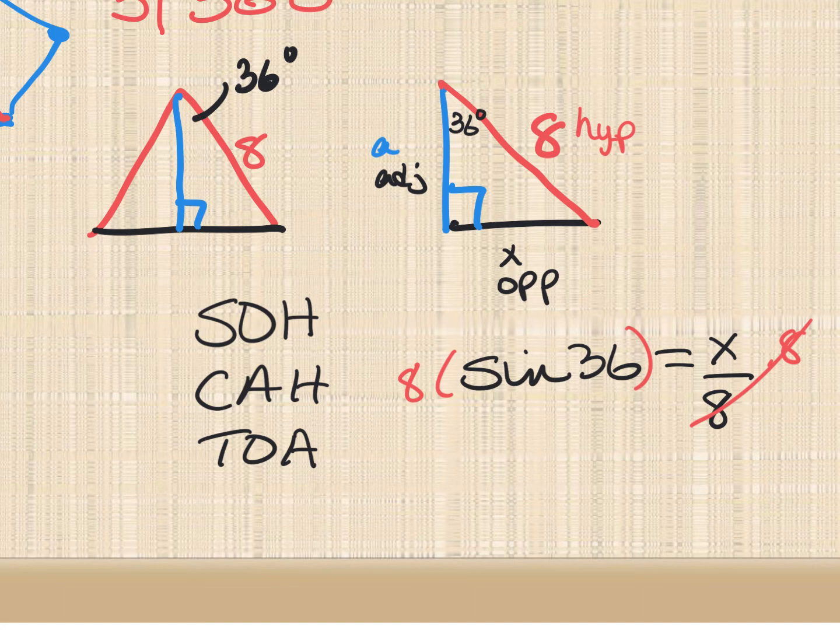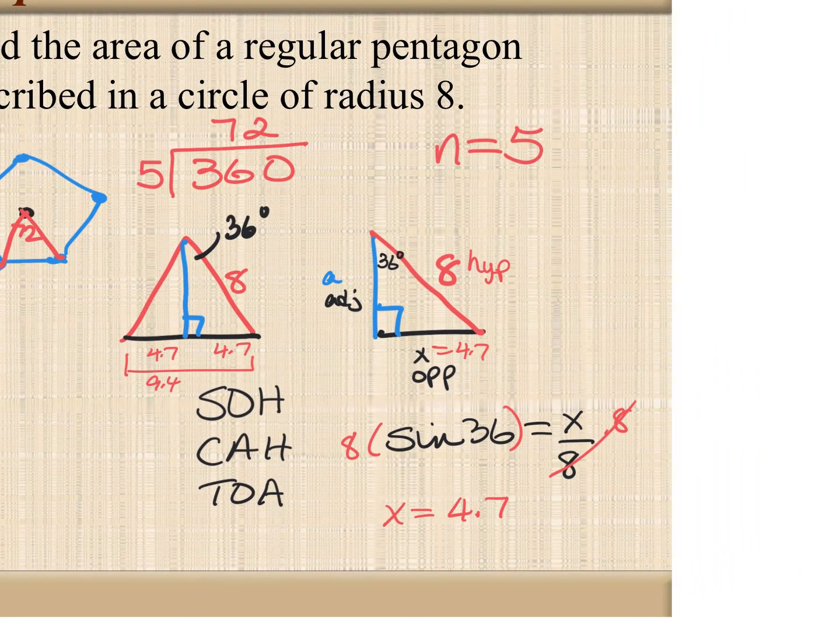gives me 4.70. I'm going to round it to the tens place, so 4.7. That's this side, which is half of the original side, so I got to double it. So 4.7 times 2, and the whole side together is 9.4. So far we had the n, we just found the side, it's 9.4, and now I need to find the